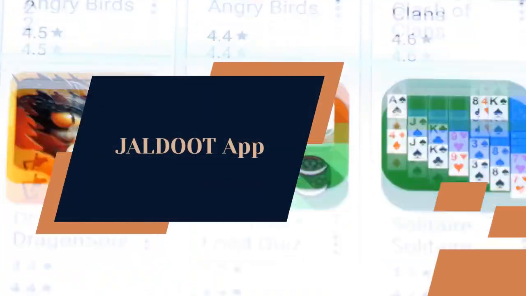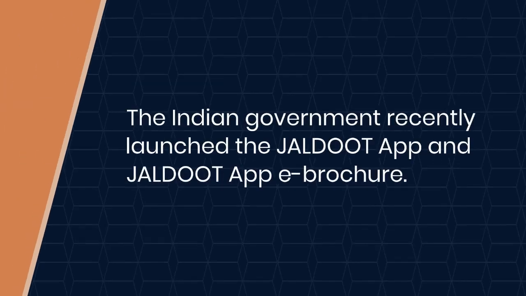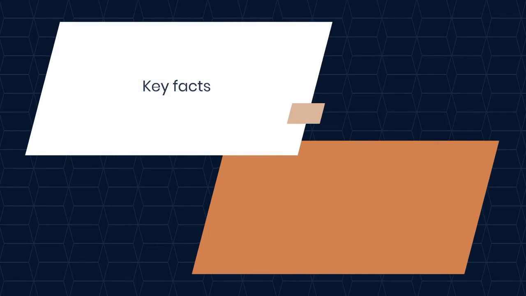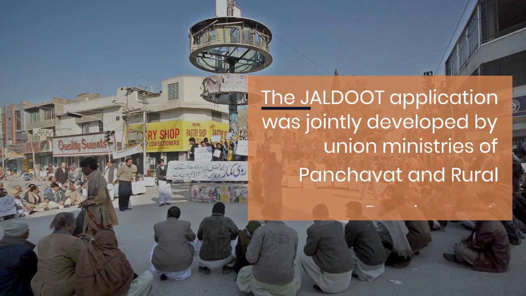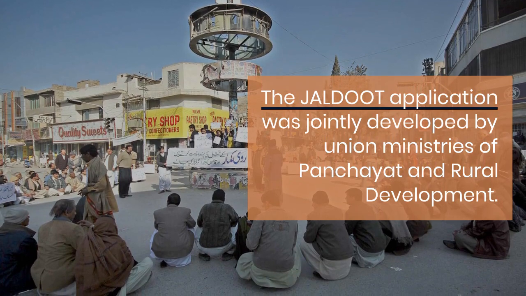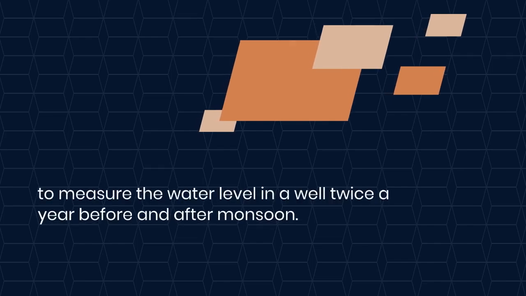JALDOOT App. The Indian government recently launched the JALDOOT App and JALDOOT App e-brochure. Key facts. The JALDOOT application was jointly developed by Union Ministries of Panchayat and Rural Development. This app can be used by Gram Rojgar Sahayak to measure the water level in a well twice a year